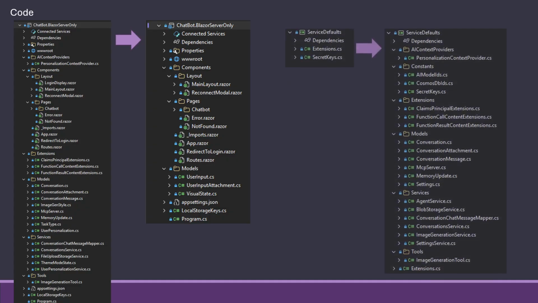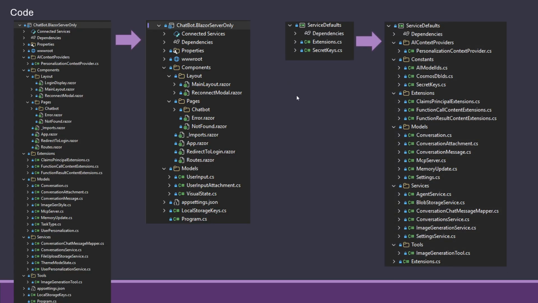And all this code has now gone into the service defaults of the solution, where we only had the small extension where we did a little bit of dependency injection of Agent Framework Toolkit and the weather service. And we had some keys for that, some constants. Now we have the context providers that we had over here. They have been moved over, so they can be used in multiple backends. Constants for the AI models have just been drawn out of all the code over here, so it's easier to get to. The Cosmos ID, names of things, and the secret keys we had in the past here.